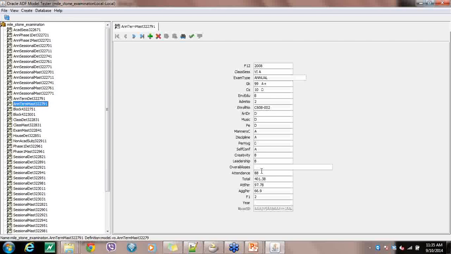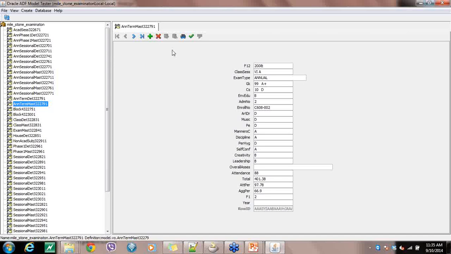Now, if I do not provide the data in the schema, this information would be null. I would still have a full-fledged working ADF project which will tell me how my tables are there, how many view objects have been created,